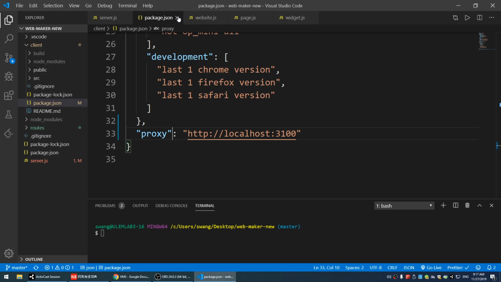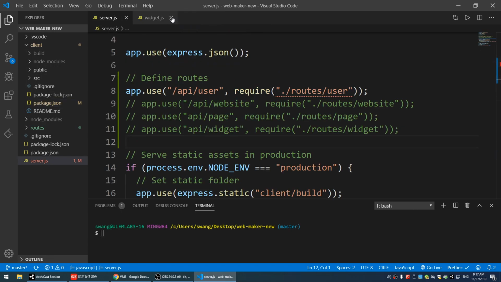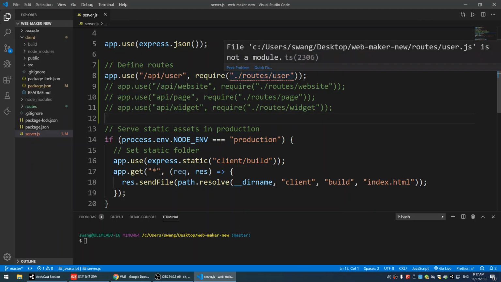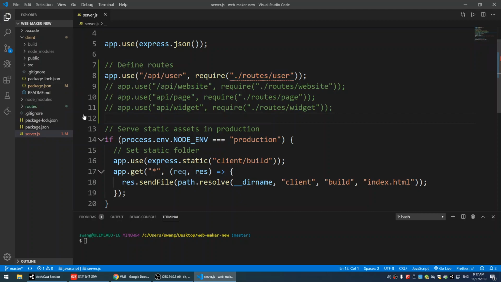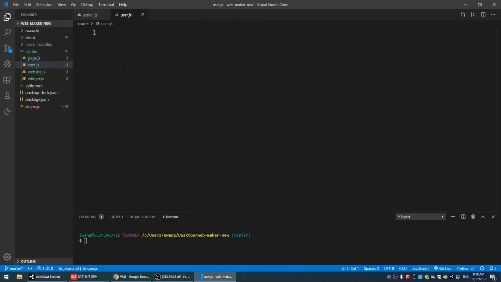We are able to start to move the functions. So right now this one gives me an error because I'm not exporting anything from the file. Let's go to the file I just created, the user.js in the routes. Right. The package.json is a file. It is a file. Right, so in the user.js,